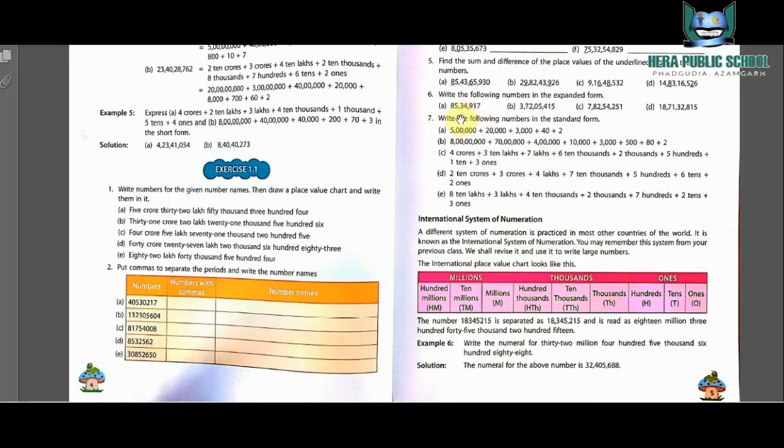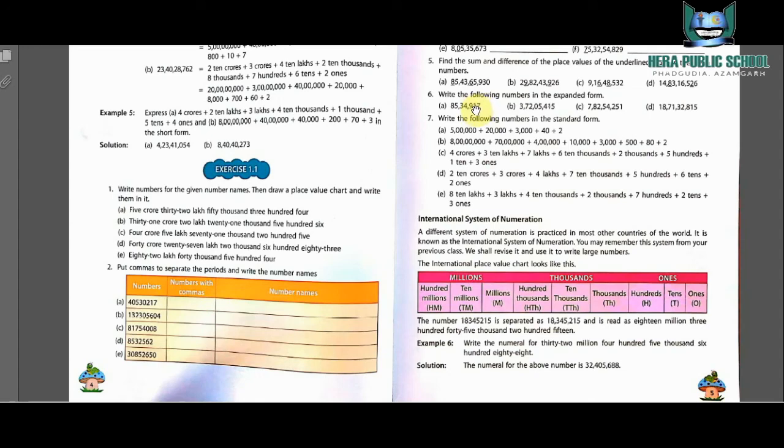Question number 6. Write the following numbers in the expanded form. We have already discussed how to find expanded form and short form of a number. So you will do it yourself. Expanded form means numbers को अगर हम एक्सपैंड करके लिख दें, उनकी प्लेस वैल्यूज़ को हम सम के फॉर्म में लिख दें,